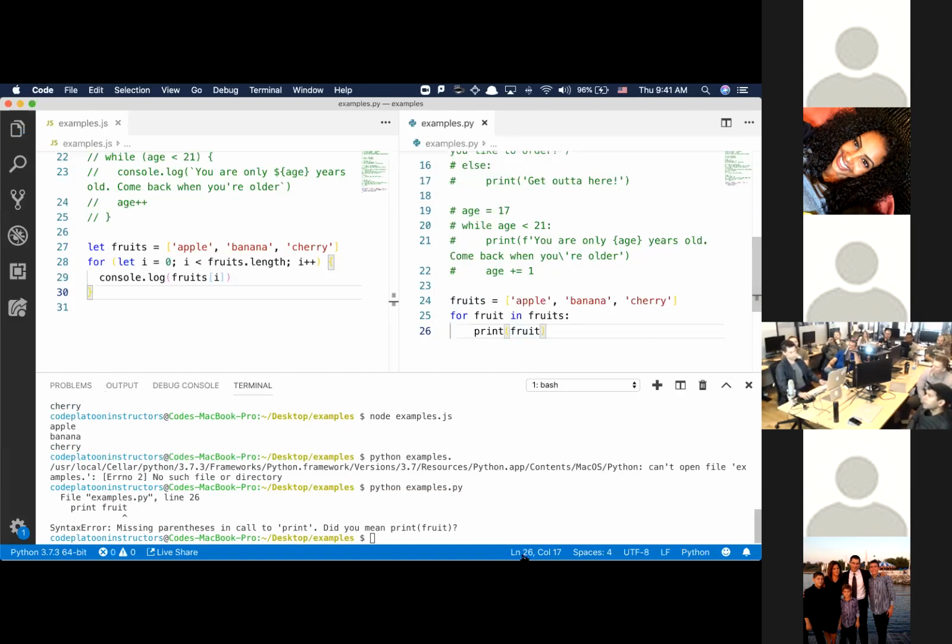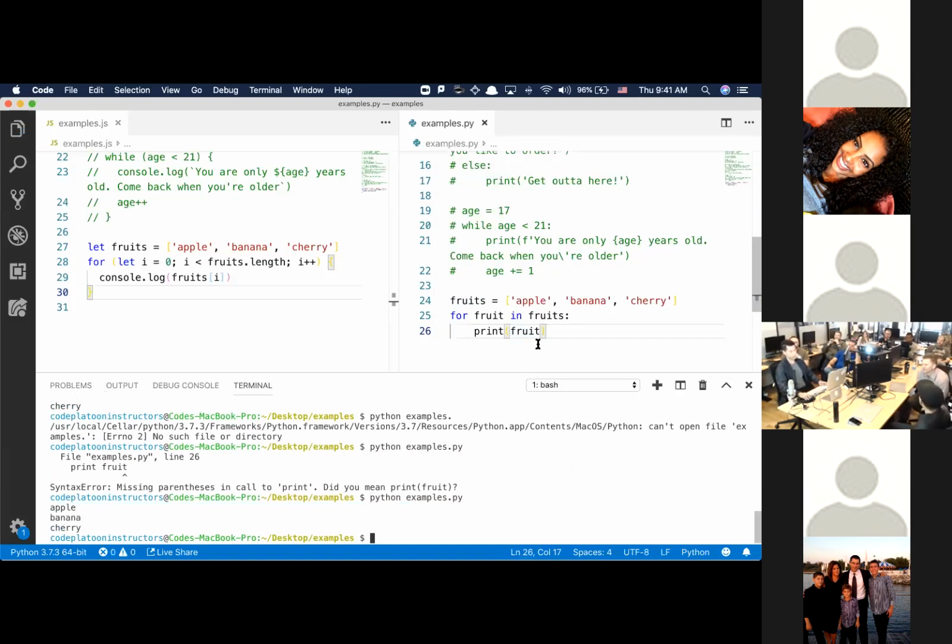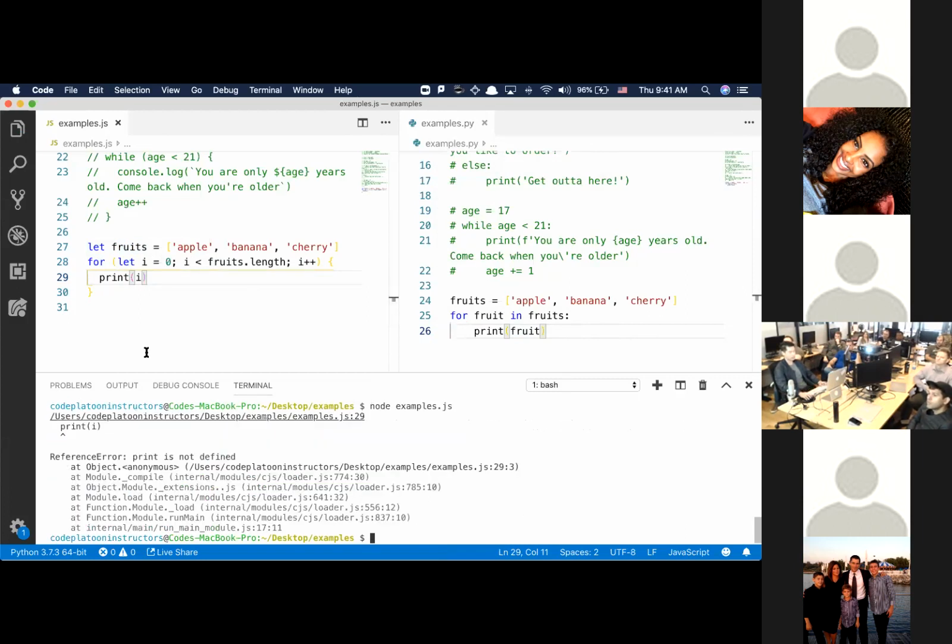Is there a way to reference index things without a variable? Yes. So let me explain a few things. This for loop is actually not iterating over this at all. This is just a number loop. This still runs. Essentially what this i is doing is saying I'm just going to start at 0 and go until 2. So if I run node examples.js, I get